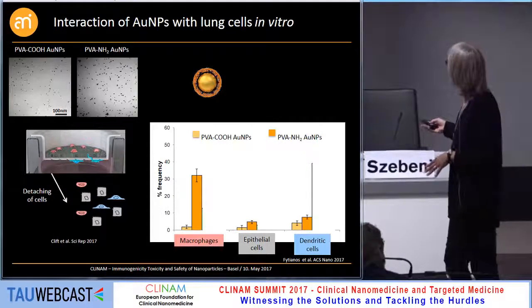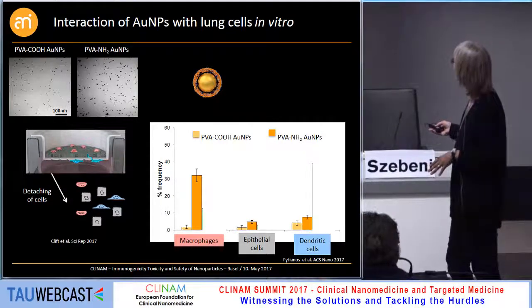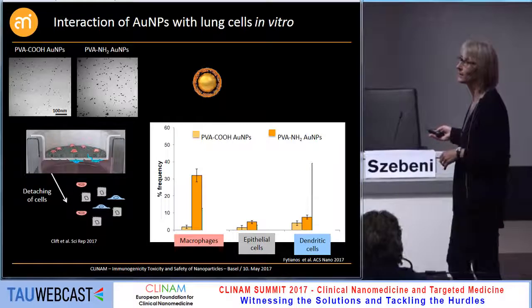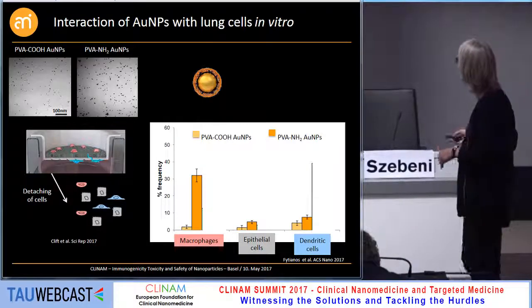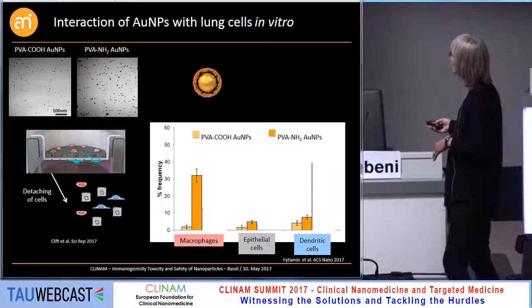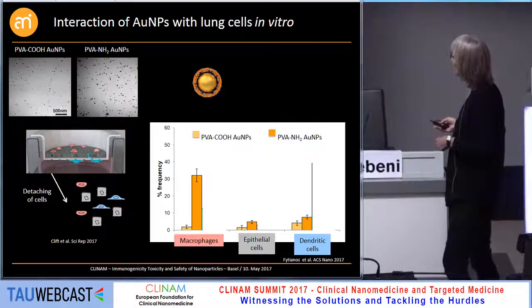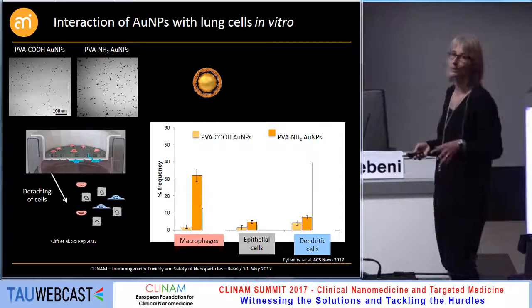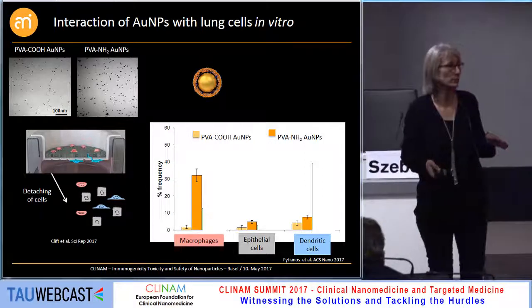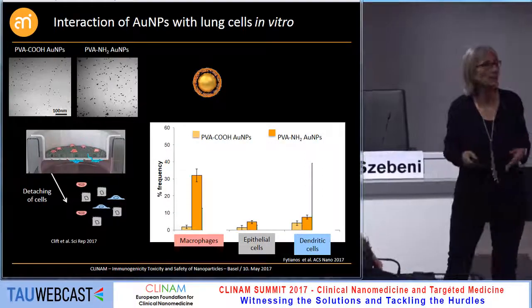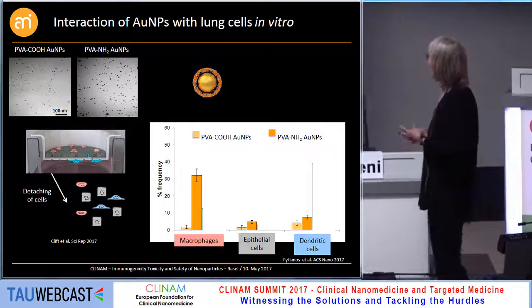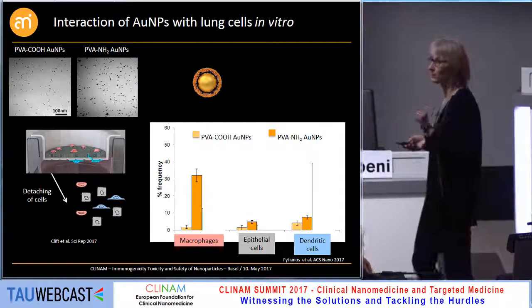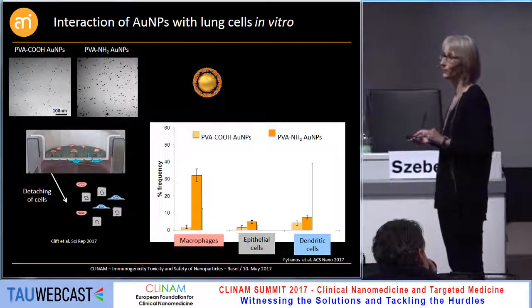So we have clearly shown that for positively charged particles, we see more uptake in macrophages in comparison to epithelial cells and dendritic cells. And here we also see more uptake in the case of positively charged particles in comparison to the negative charge. So already by varying the charge, we have the possibility to target the specific cell populations